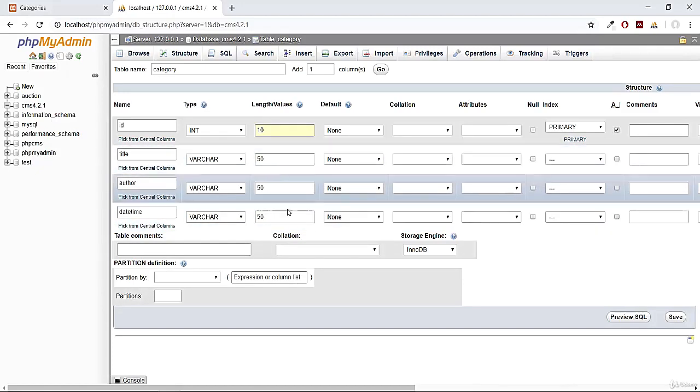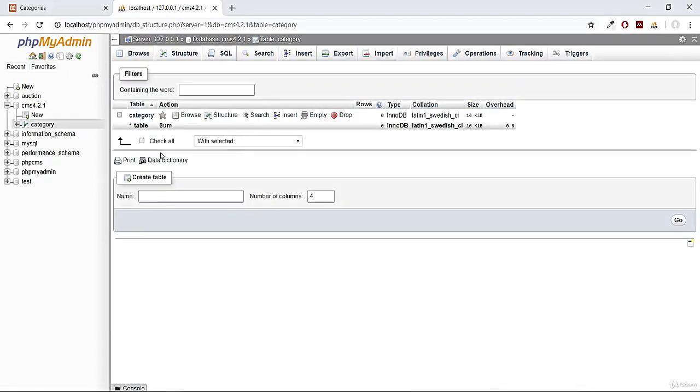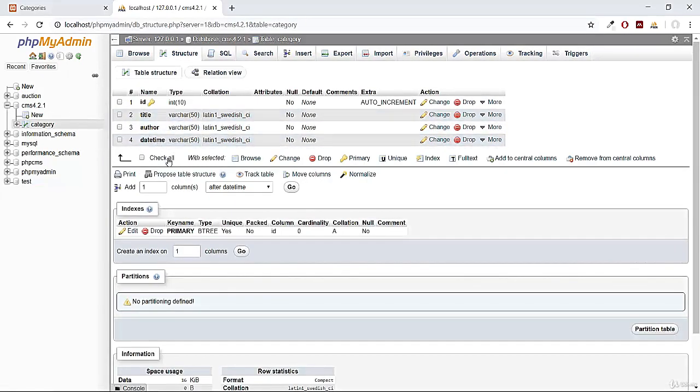Now we have made this table, and if I just click on this save button, now we have created this table of category. And also all of the column names, ID, title, author, date and time are in lower case. Also the name of this table, category, is in lower case. So be sure when you are creating your table which type of style you are choosing, because if you are not sure or mention the wrong column name in your script later, it won't enter the data in the database. So now we created this category table.